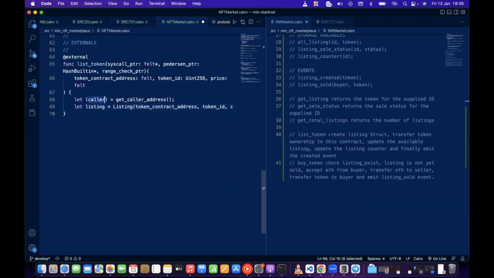Rather, just to make it better, let's call this the seller. Yeah, the seller. And lastly, we're going to take in the price. All right. So we just created our listing. Now, having created our listing,